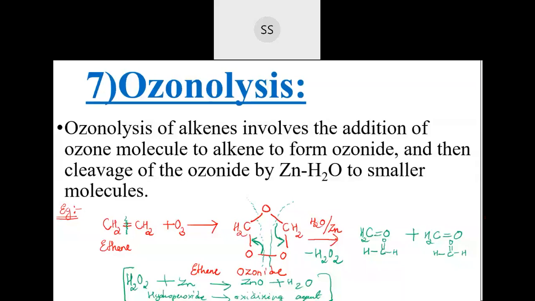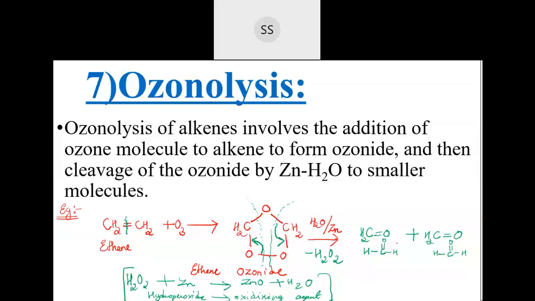So to avoid that, what we do is we make them react with zinc. Okay, so zinc will react with this hydrogen peroxide, giving you zinc oxide plus water. Okay, so during the process, this happens. So you are trying to reduce the reactivity of this hydrogen peroxide by adding this metal. Okay, so then they will be only in the form of aldehyde. You can eliminate them. Later, you can remove them out. Okay. So this is ozonolysis process. You can write this down, students. And if there is any doubt, you can ask me.